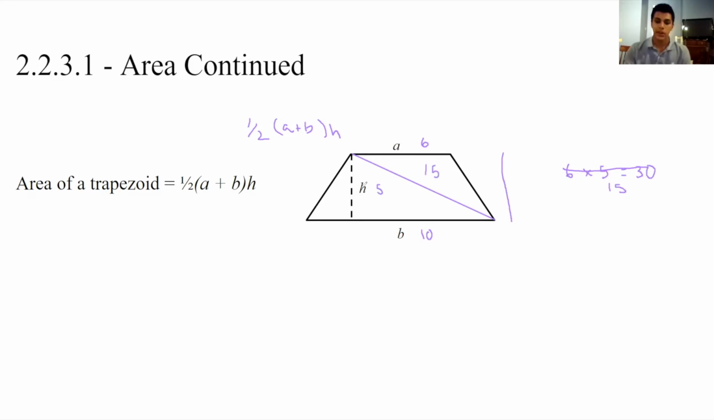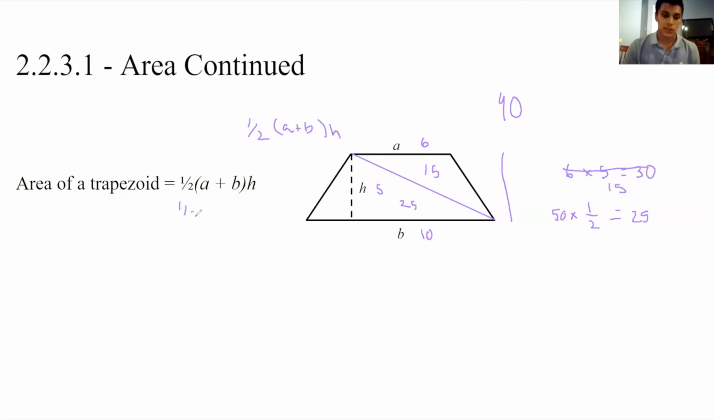And then here I can do the same thing. 5 times 10, because 10 is our base and 5 is our height, is 50. And then I need to divide that by 2 because I'm multiplying by 1/2. So times 1/2. And then that gives me 25. So the area of this triangle would be 25. And if I add 25 and 15 together to give me the entire area of this entire shape, that gives me 40. Now, if I were to use my formula, 1/2 a plus b times h,